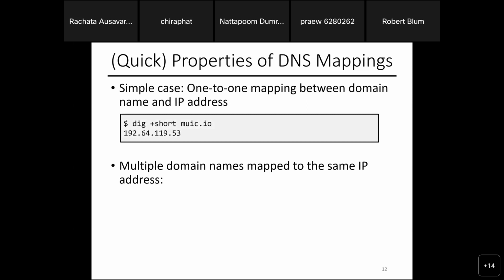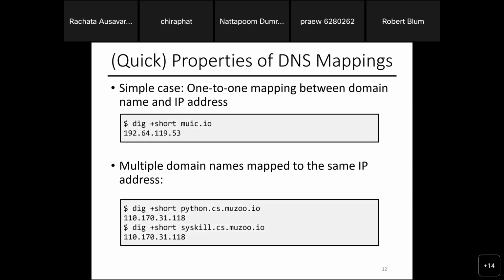Simple case, we can do one-to-one mapping between domain name and the IP address, right? You can do dig plus short MUIC.io. Again, get the address. You can see MUIC.io maps to only one location. Whenever you access MUIC.io, you go to that location. Now,